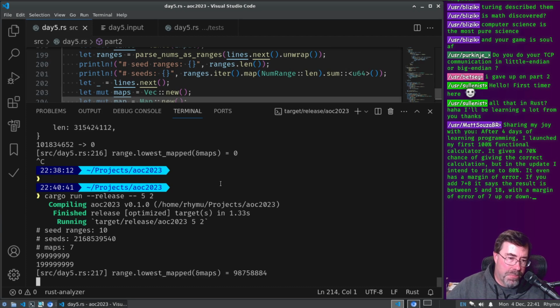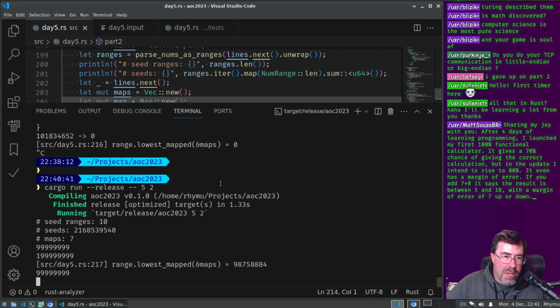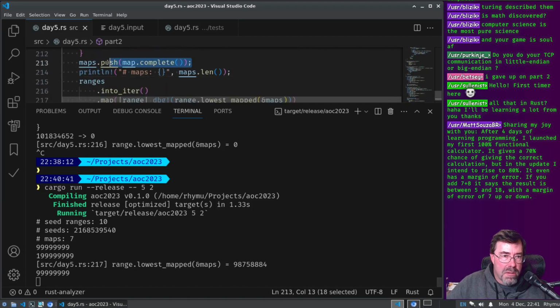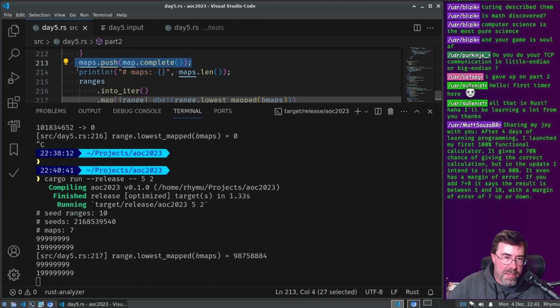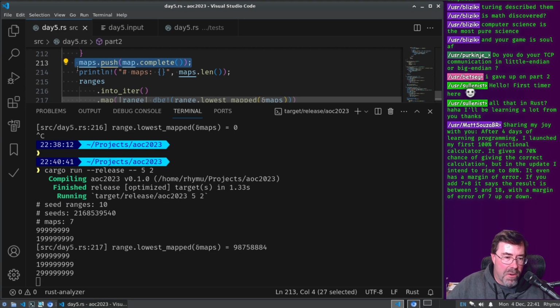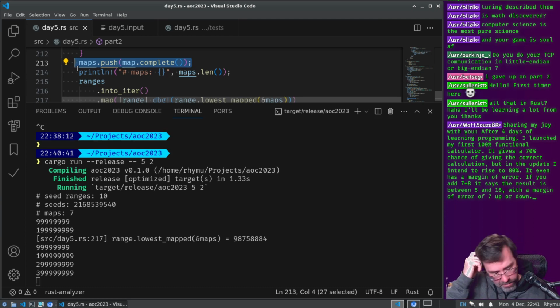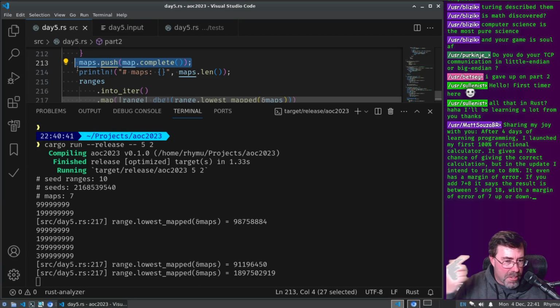That's the problem. Yep, I was missing this line. I didn't have the last map in the list of maps. I had all but the last one. So it was going through all stages except for the very last step, so doing 6 steps instead of 7.